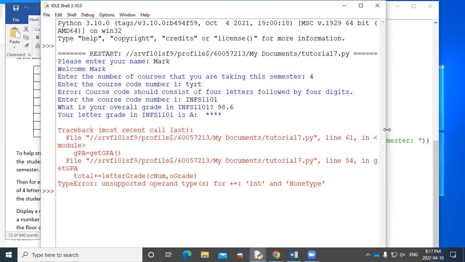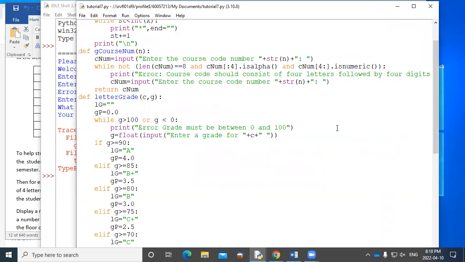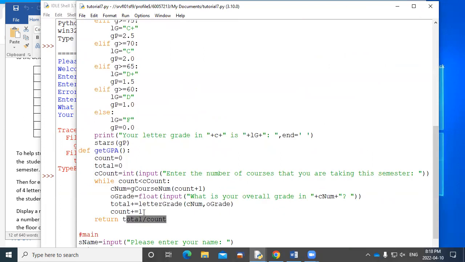Line 54, total plus equal letter grade, CNUM and O grade. Let's see. I thought I'd fix this. Total plus equal letter grade, CNUM and O grade.